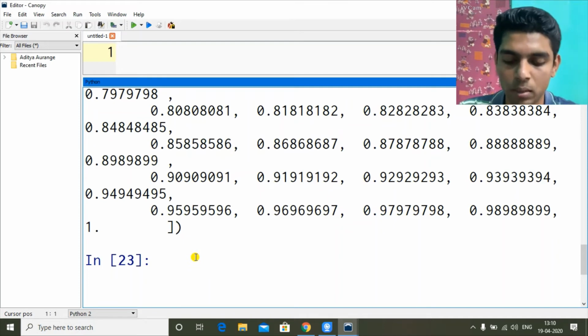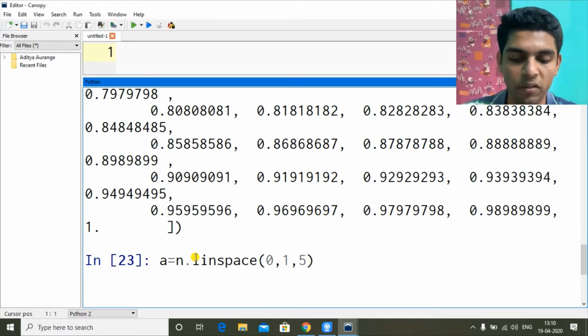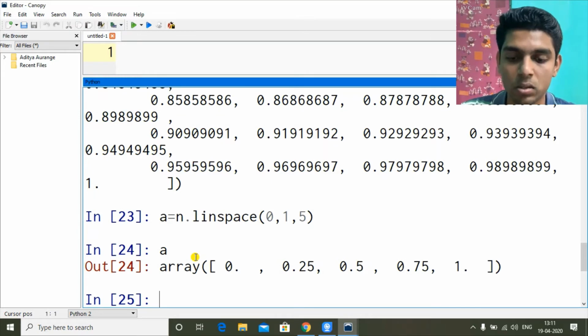Let's take a small example. Between 0 and 1 I want 5 points, including 0 and 1. So A now has 0, 0.25, 0.5, 0.75 and 1. So it defaulted to a floating point data type for it.